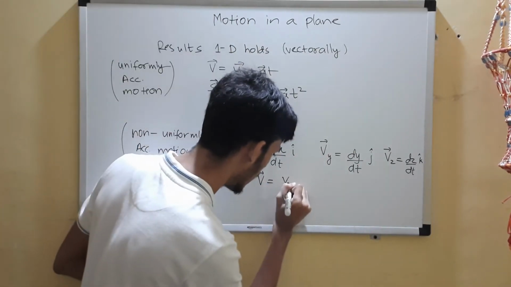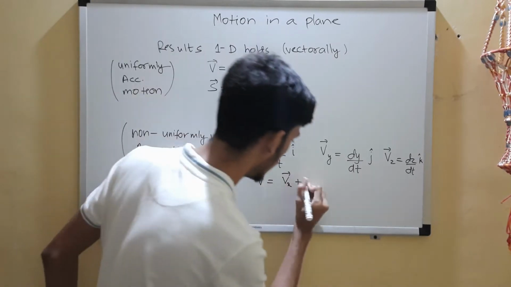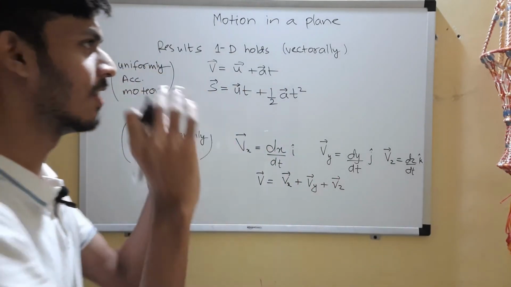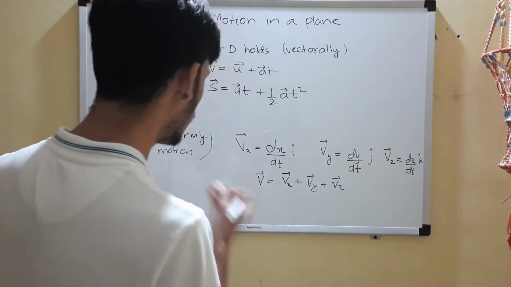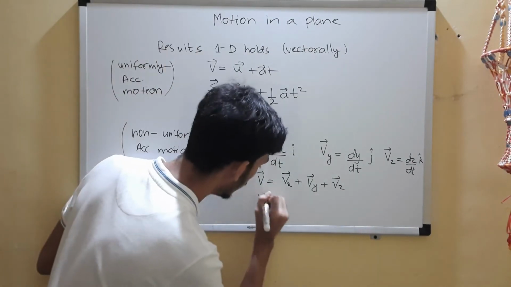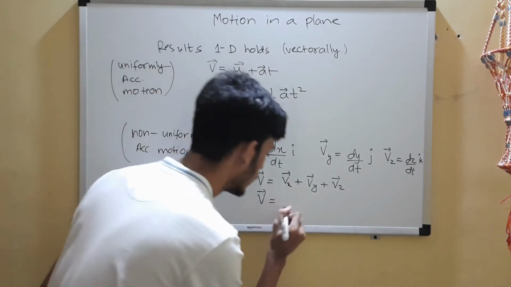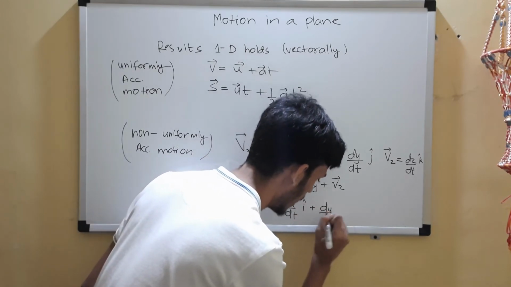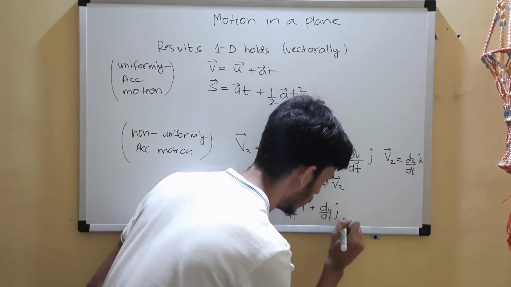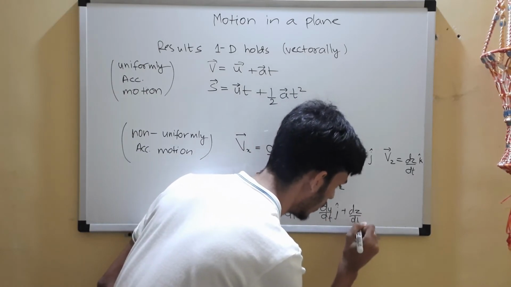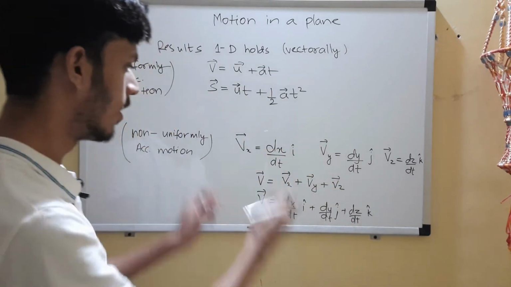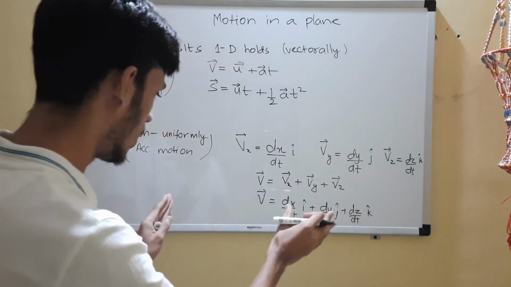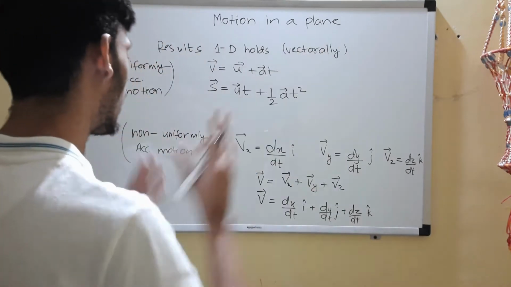Okay, so we can say the net vector v is vx plus vy plus vz. Okay, this is just a bookish thing. When we do the problems, you will get to know what we are discussing. So v is, in place of vx we can put dx by dt i cap. So instead of differentiating separately, we can directly differentiate. That is what I mean. dz by dt, and you have k cap. Instead of separately differentiating them, vx, vy, and vz, if you have the vector in component form, you can directly differentiate. Okay, we'll come to the questions.